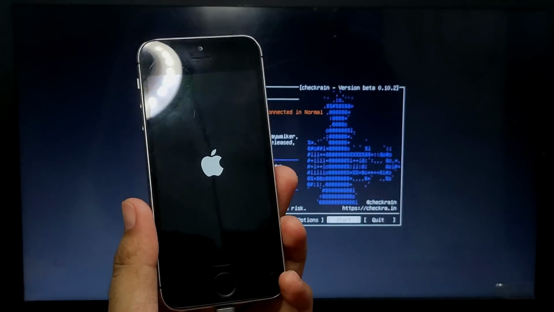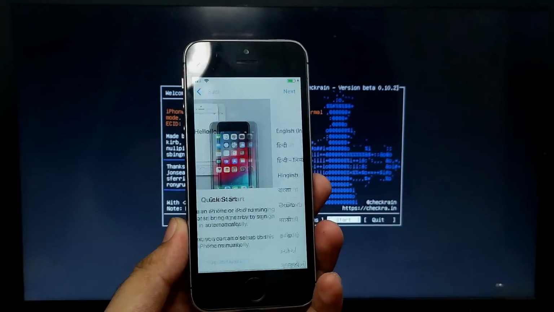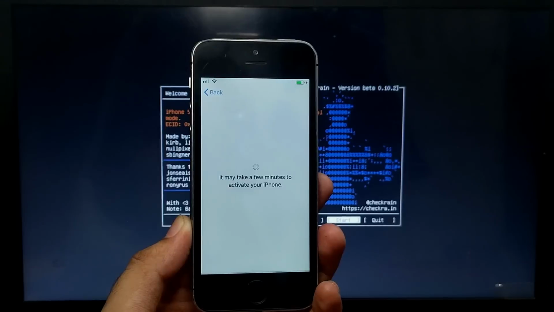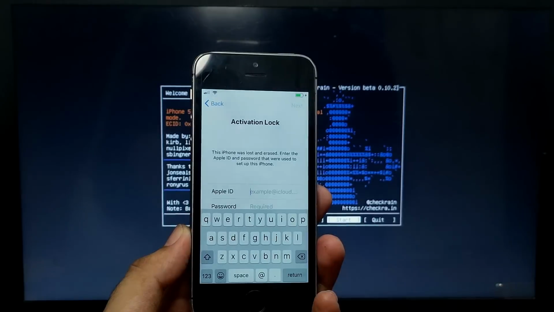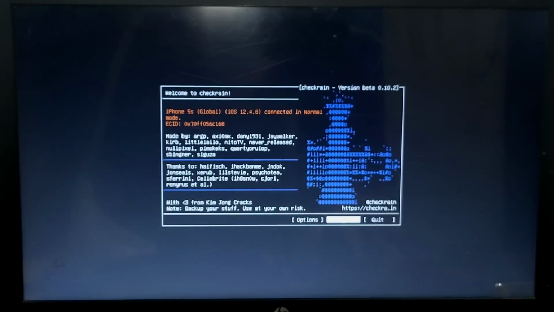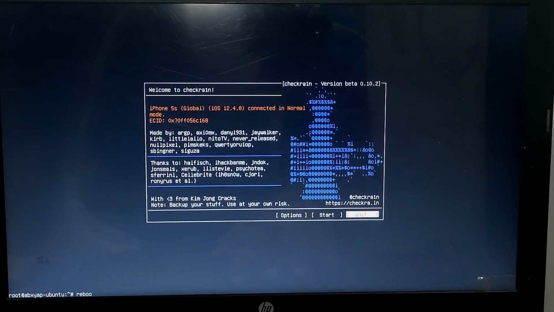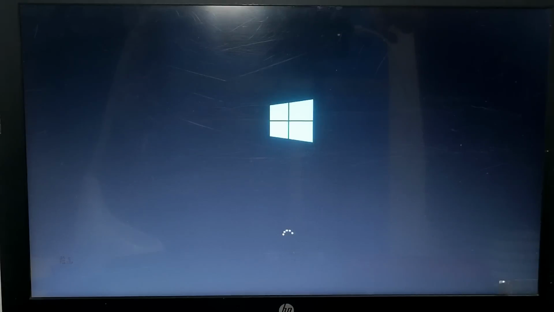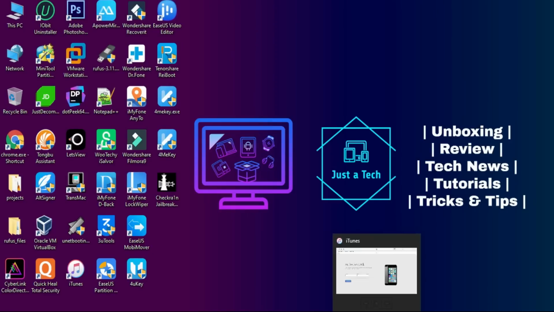Now once the jailbreak is completed, you don't have to reboot your iPhone or iPad. If you do reboot, you have to jailbreak it again because Checkra1n is semi-tethered, so you don't have to reboot your device. Just quit the Checkra1n app and type reboot on the terminal and unplug your USB. After that, get back to the Windows machine for the bypass. Now we are done with the jailbreak part.